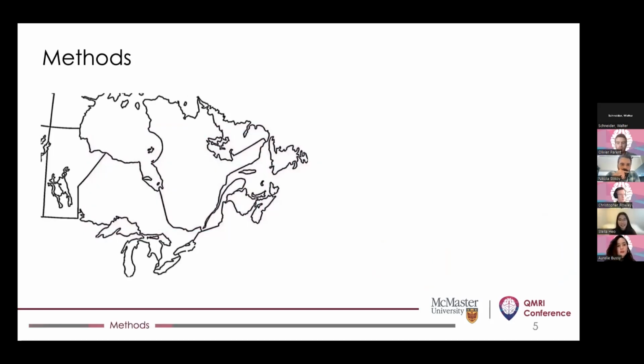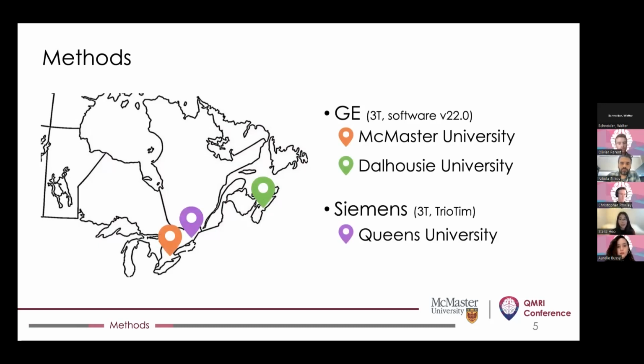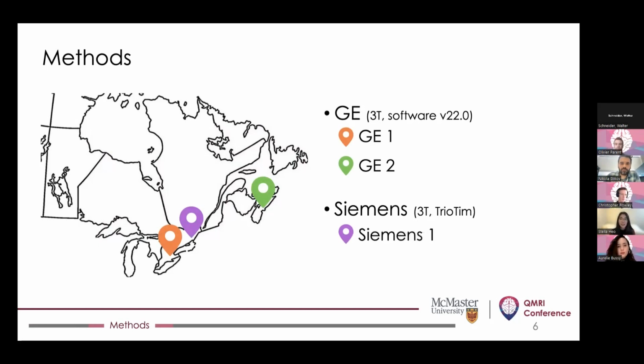So the data we are presenting here is part of a bigger longitudinal clinical study looking at bipolar disorder, but here we only included 3 sites that collected enough scans from healthy control participants. 2 of these sites used a 3T GE scanner, while 1 used a 3T Siemens Trio TIM scanner for image acquisition. And for this presentation, we'll just label these sites based on the vendors of the scanners used for simplicity.